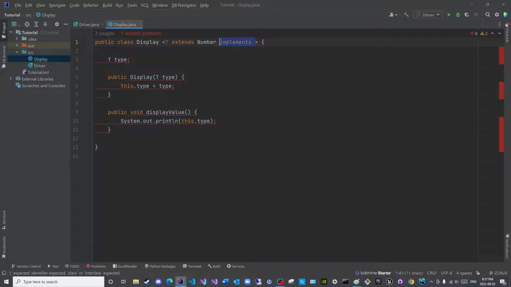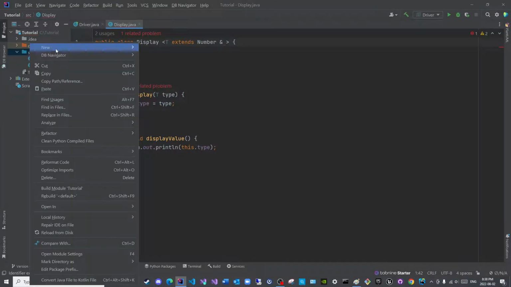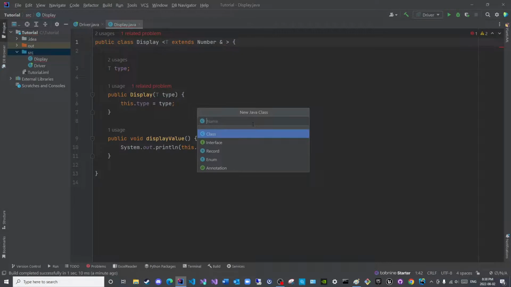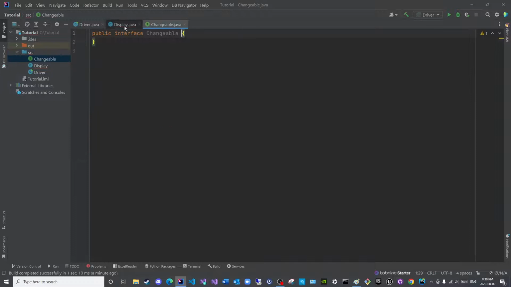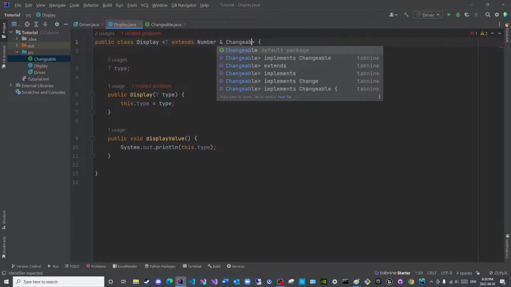You keep the extends keyword, and after the class, you simply add an ampersand and then the name of your interface. Let us create an interface quickly. I will call it Changeable,